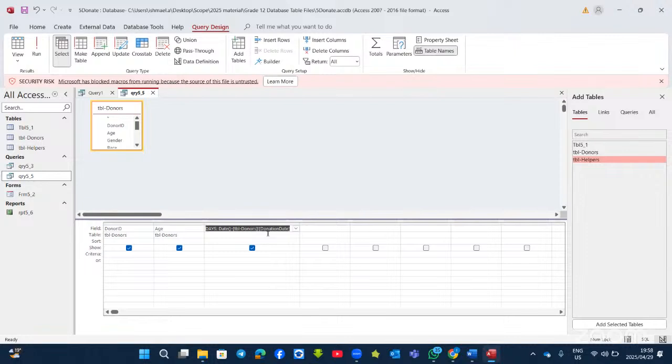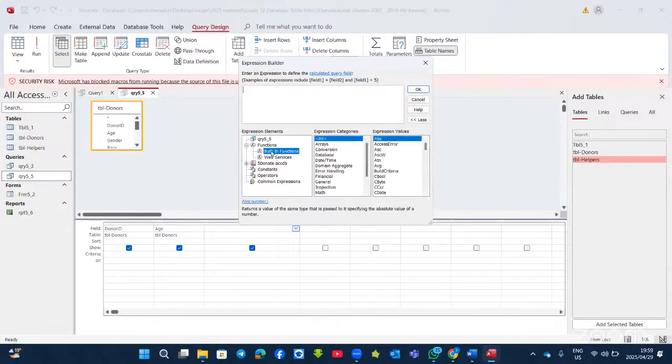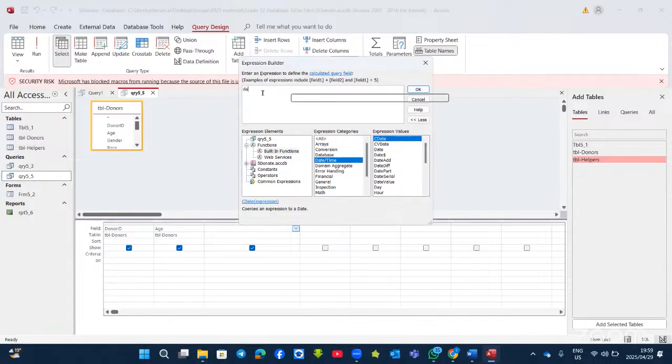Now, I'll repeat this. Right click, build. Now, we want the current date. So we go to function, built-in function, choose date and time. Or alternatively, you can start typing date. Double click on FX and then you close it. Minus. Then you go to the 5 donate. You click on this plus